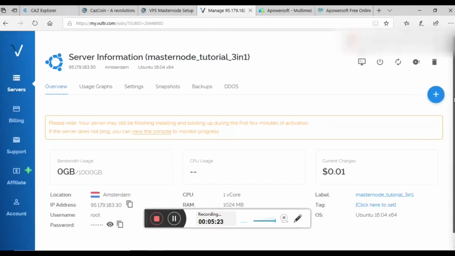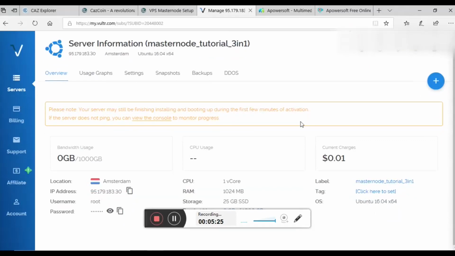Okay, so there's a few important things here we need to look at. We have our IP address, we have our username, and we have the password. At this point we're going to need to download PuTTY. If you haven't got PuTTY downloaded, just type 'download PuTTY' into Google and download it. It takes a couple of moments. So we will open PuTTY,